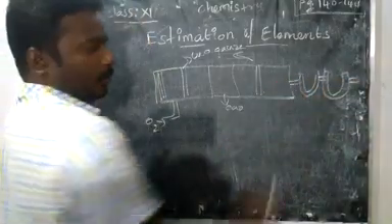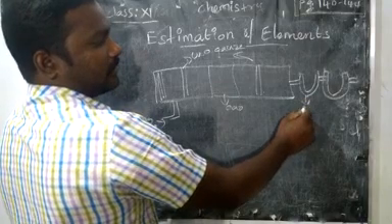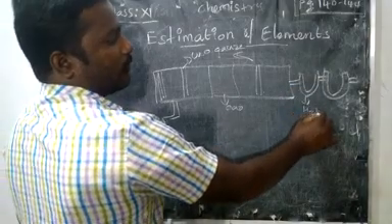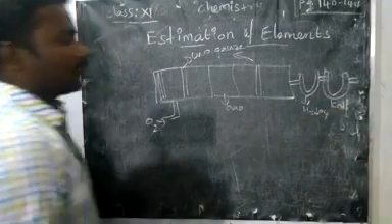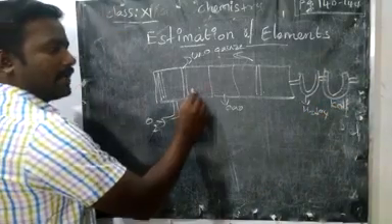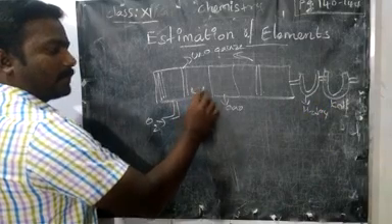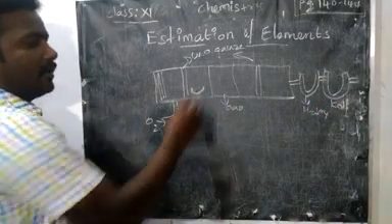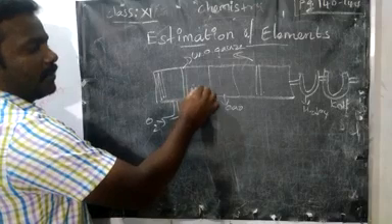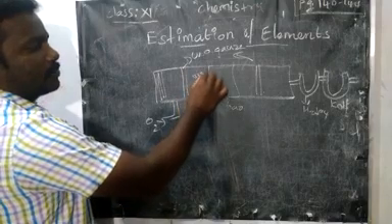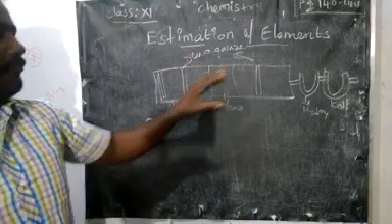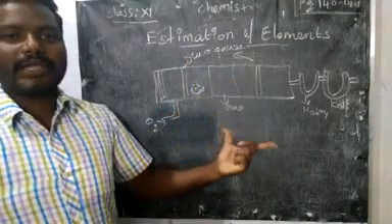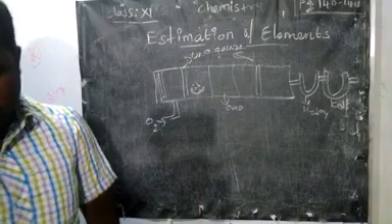The first U tube is filled with H2SO4. The second one is filled with KOH, right? And also here we have a boat shaped vessel to carry the organic compound. Here you can keep the organic compound. If you understand this diagram easily, you can write this estimation.